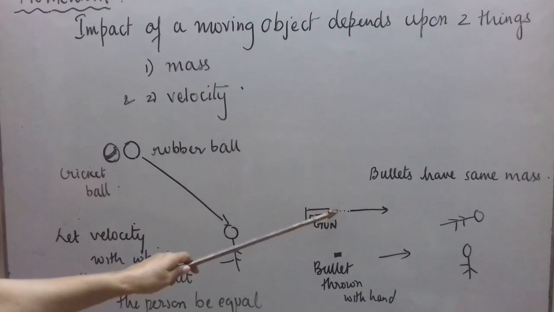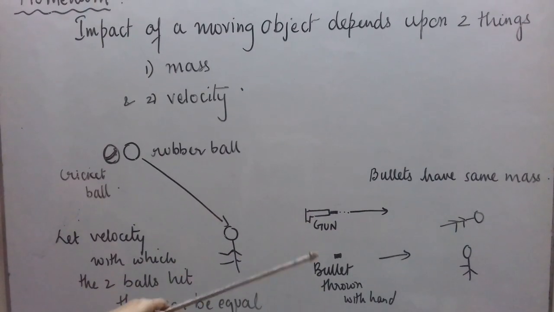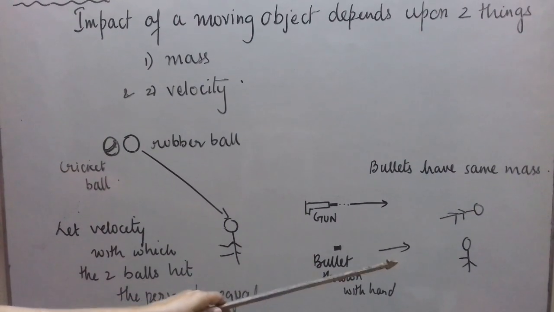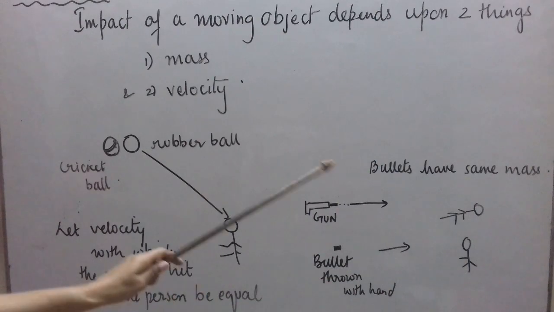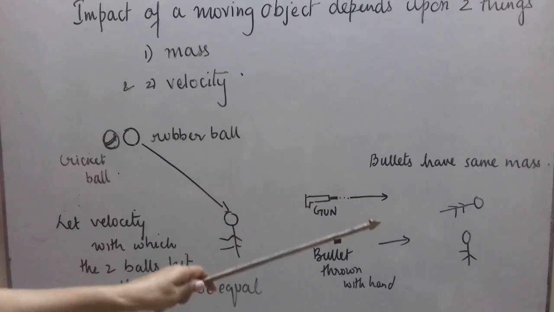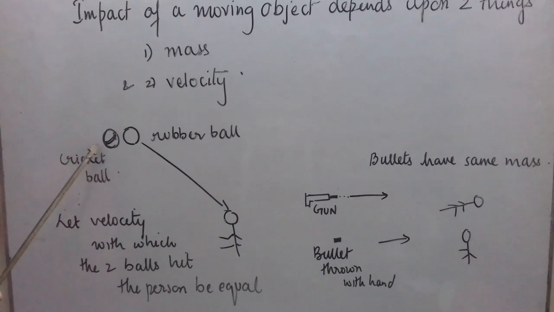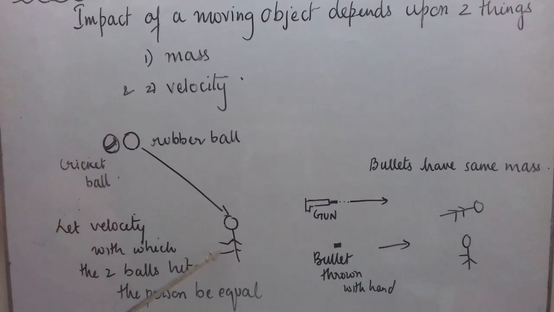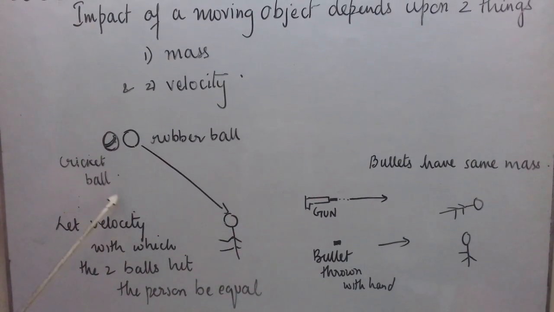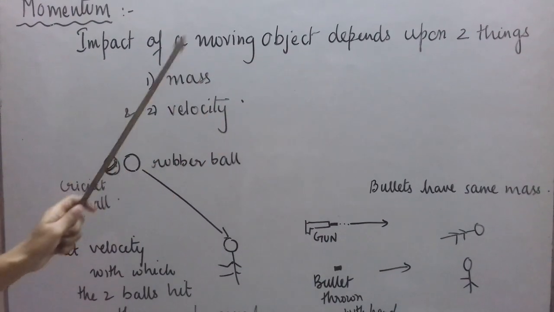Yes, because the bullet which is shot from a gun will hit the person with very high velocity. And the bullet, when we throw it with the hand, cannot gain that velocity. It will not hit the person with that high velocity. So in this case, the difference is in the velocity with which the bullets strike the person. In the earlier case, the velocity is constant, but it is a difference in mass which causes the difference in impact. So from these two examples, we can accept that the impact of a moving object depends upon two things, mass